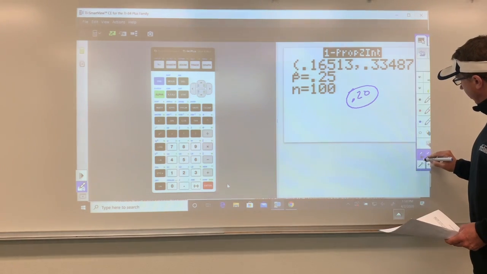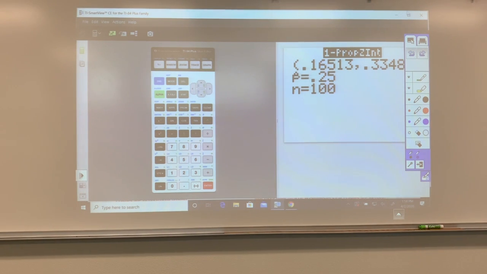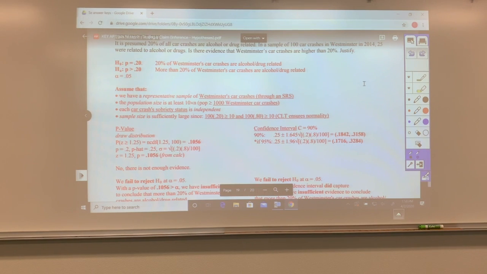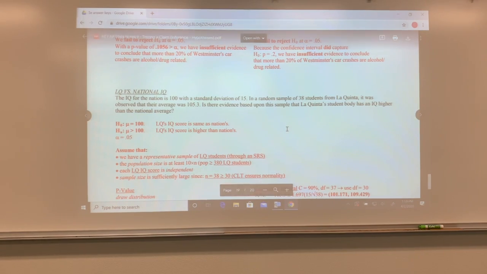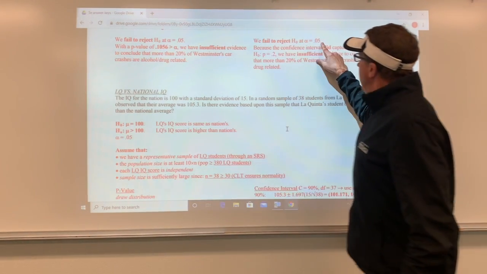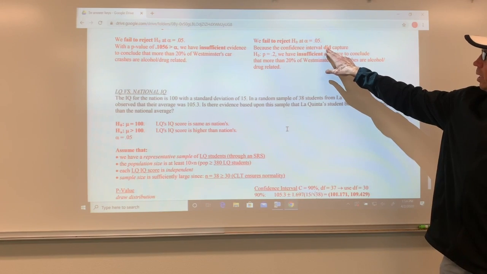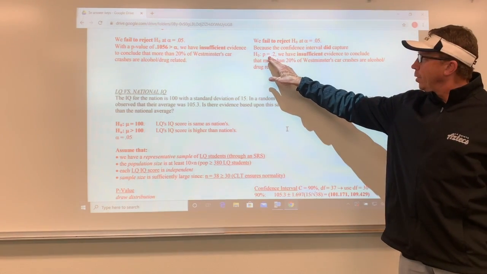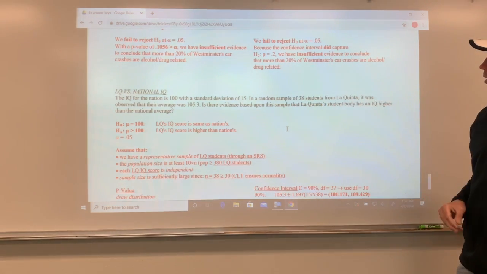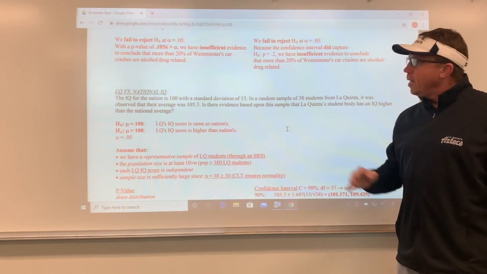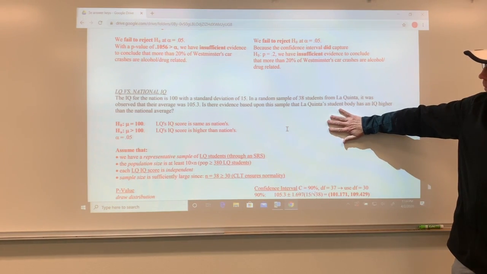All right, so let me go ahead and go back to the notes, all right? Okay, and as you can see here, we're going to fail to reject at alpha .05 because the confidence interval did capture the H0 of 0.2. So we have insufficient evidence to conclude that more than 20% of Westminster's car crashes are alcohol drug related. 20% remains a possibility. Okay, now we're going to go on to the last problem, and this is a mean